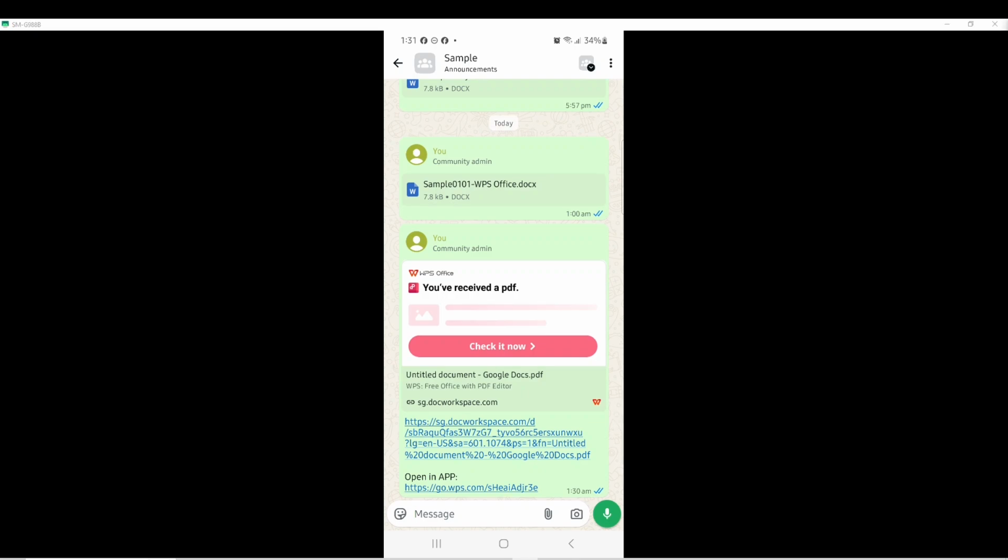reliable. This method allows you to send PDFs directly from WPS Office while maintaining full control over who receives the file and ensuring that it remains accessible and easy to view. Following these steps ensures your edited PDFs are sent quickly and accurately, making document sharing on the go both practical and efficient. Whether you are sending reports, presentations, or personal files, this process helps you stay organized and professional in